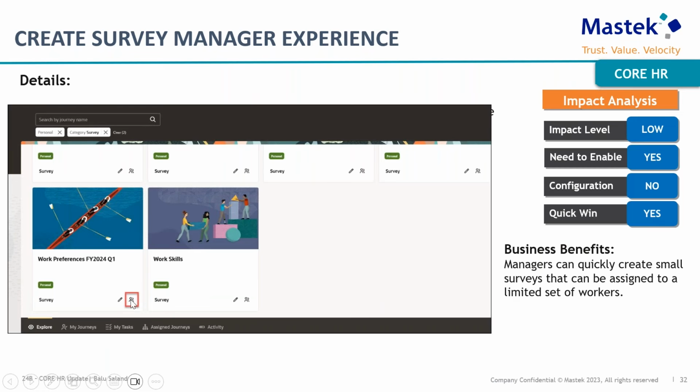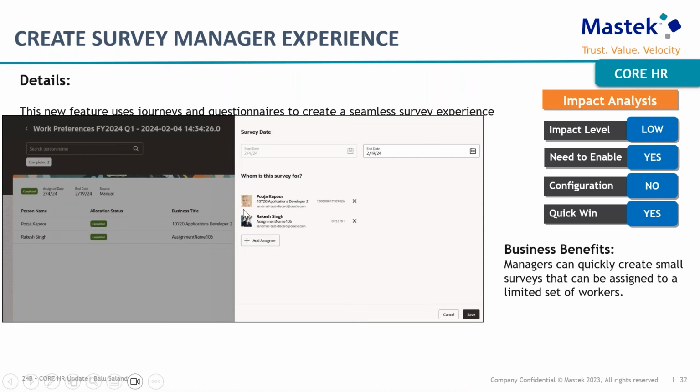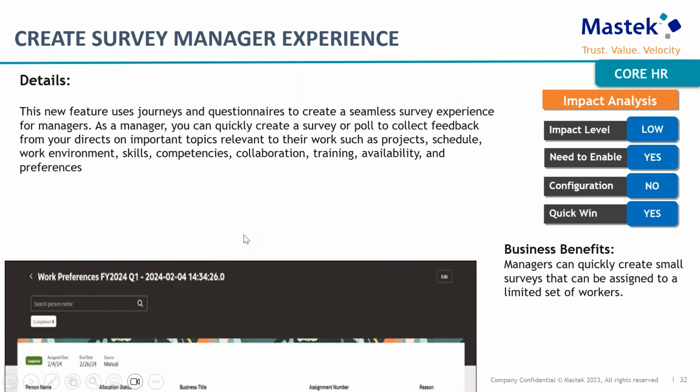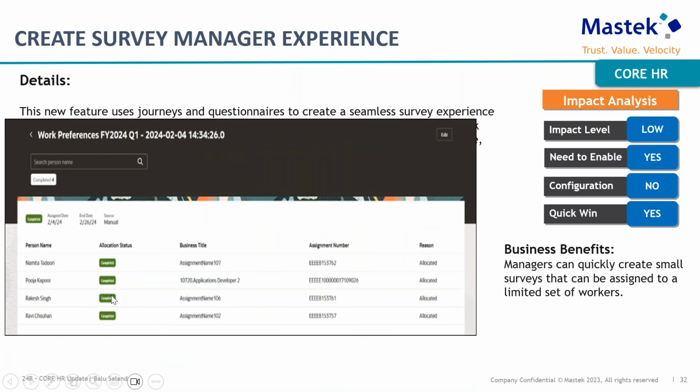and the survey journeys will be listed. You can select the appropriate one, and if you want to make changes to the assignees, just click on this icon, add the assignees. You can see the assignees added here. Once they are added and submitted,